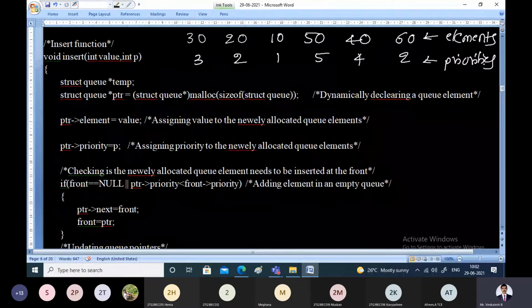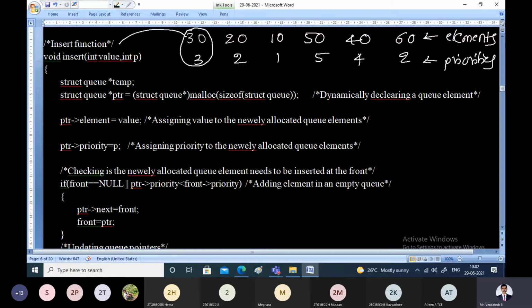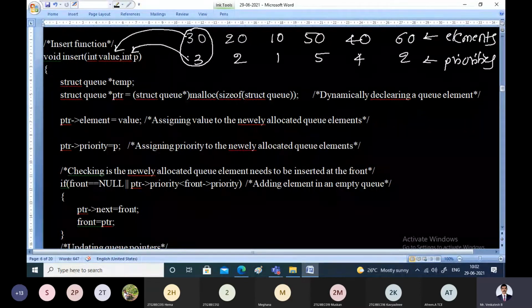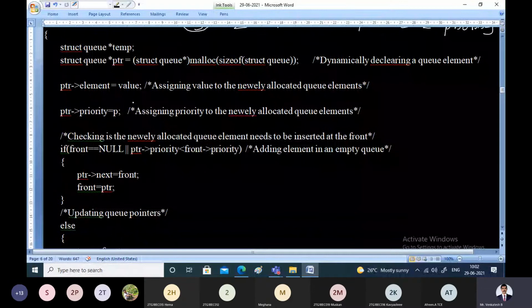So whenever you call the insert function for the first time, these two will be passed as parameters. Combined, they will be passed. What is the value? Value is 30. What is the priority? Priority is 3. Immediately next, we'll take a node and dynamically allocate memory for it.